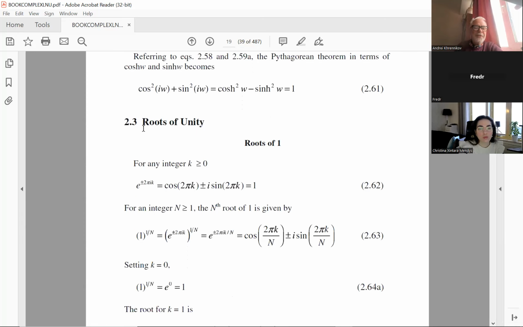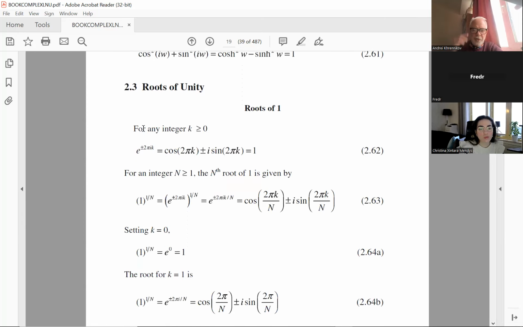Roots of unity. So this is also something you should learn in this course. We want to take all possible roots of 1. So how do we do it? Here is one trick which you also should remember forever. Number 1, with these coordinate axes, is on the real line in the positive direction. But then we can rotate.